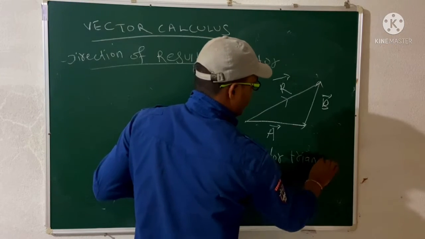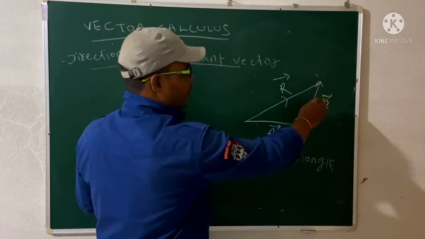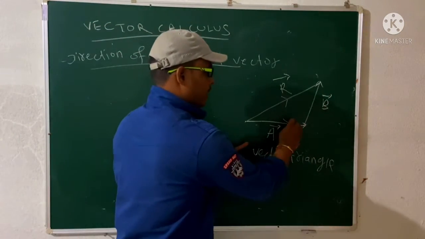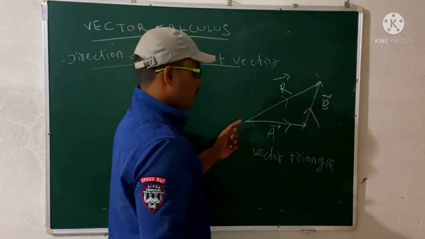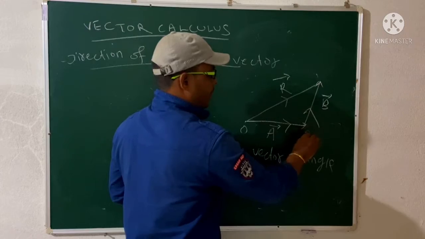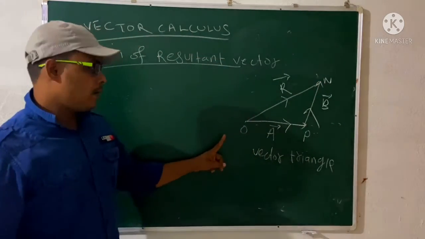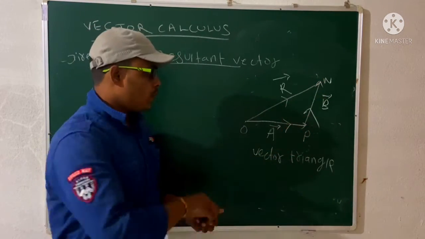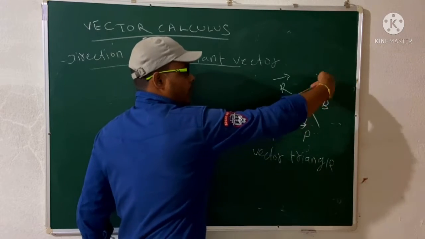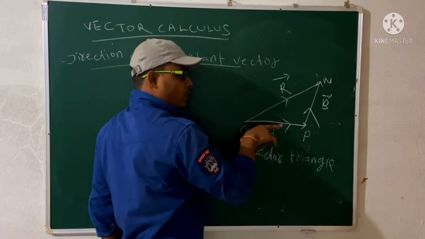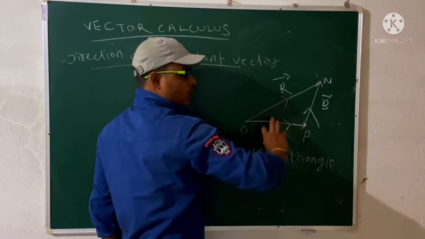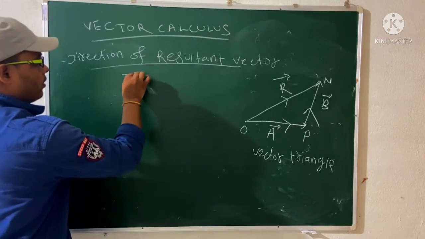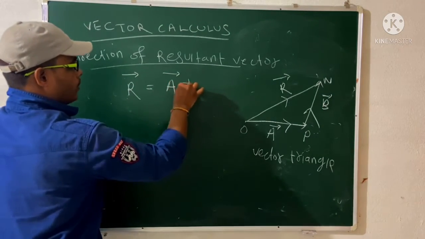So we have one vector, that is the A vector, and another vector, the B vector. Then how will we find it? Remember, this one is moving in this direction and this one is moving in this direction. If you start from O, you move to P, and then you move on to N. So you are moving in this direction and you are opposing the R vector, right? If your direction is the same and one is opposite, then the added same direction will be equal to your opposite direction. So what will be the R vector? The R vector will be the A vector plus the B vector.